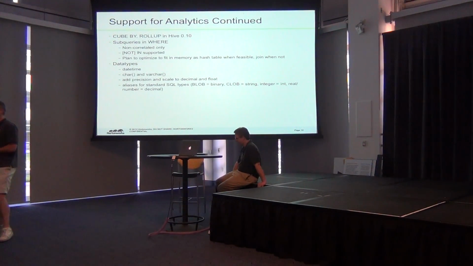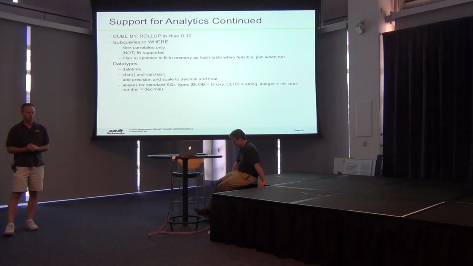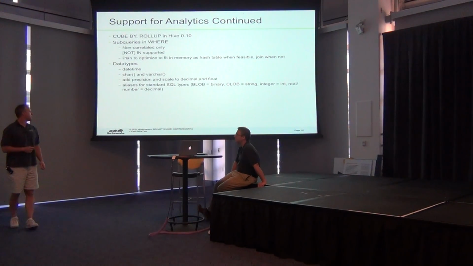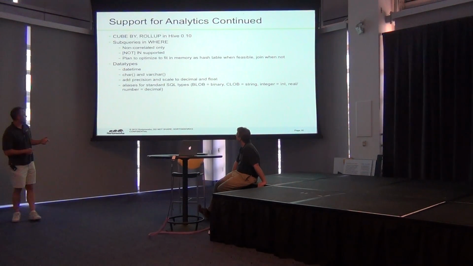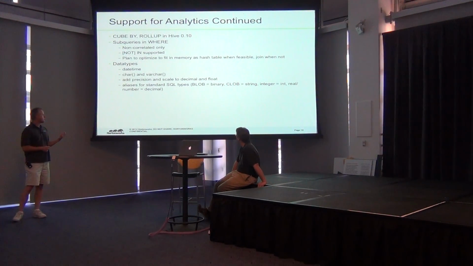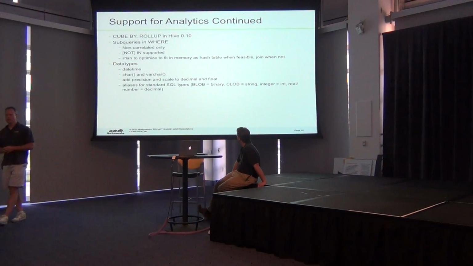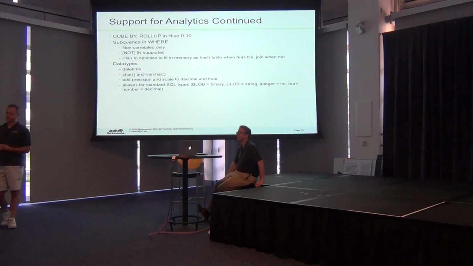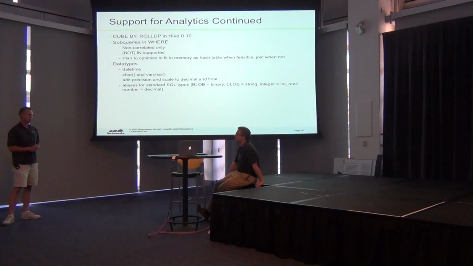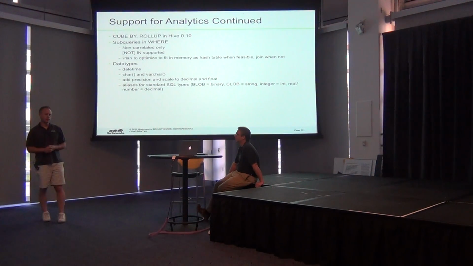Obviously, you can't get rid of the existing type model, you wouldn't want to if you could. But we need to add in datetime, we need to add varchar, we need to add options to use precision and scale for types like decimal and float that are already there, but currently are unbounded. Or actually, well, unbounded isn't quite fair. They have a fixed bound that you can't change.